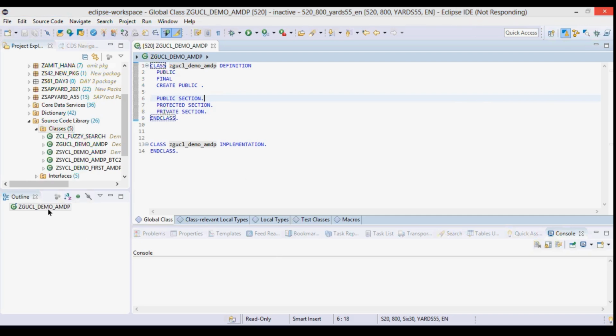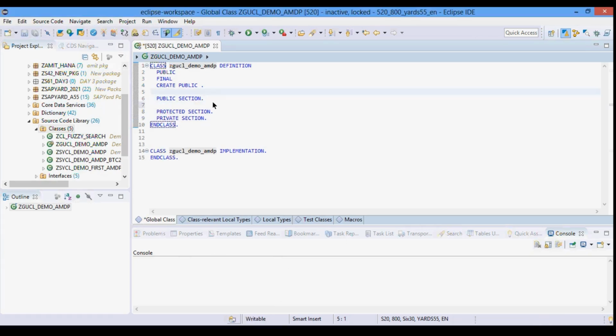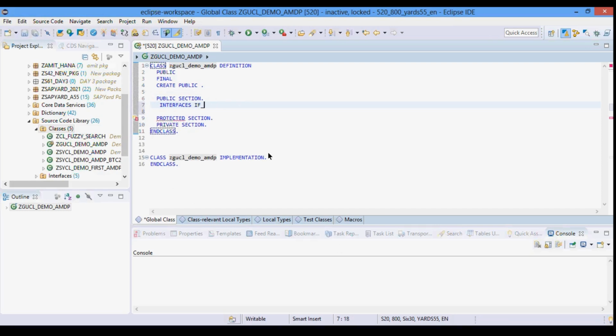Now, a couple of things we need to highlight. First, classes that are to act as a container for AMDPs have to implement a marker interface, which is nothing but IF_AMDP_MARKER_HDB. So the first thing is we mention that interface.